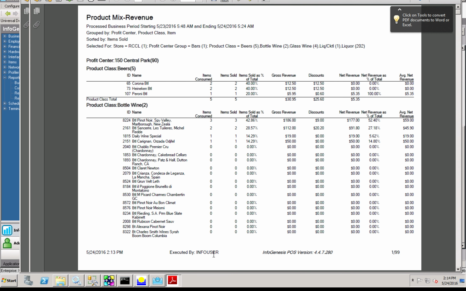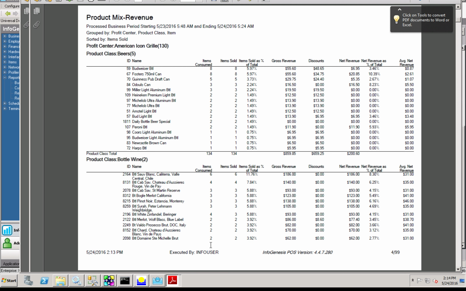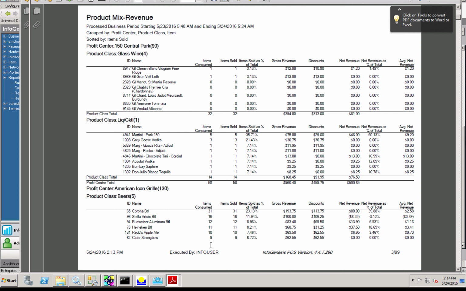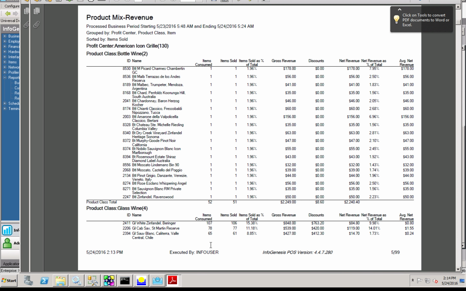Now, we can see in Central Park, here are my beers, here's my bottle of wine, and here's my glass wine. In American Icon, here are my beers, here are my bottled wines, here are my glass wines. Beringer White Zinfandel, very popular, go figure. Now, when you're looking at this report, you may notice an instance like this one here with the Beringer White